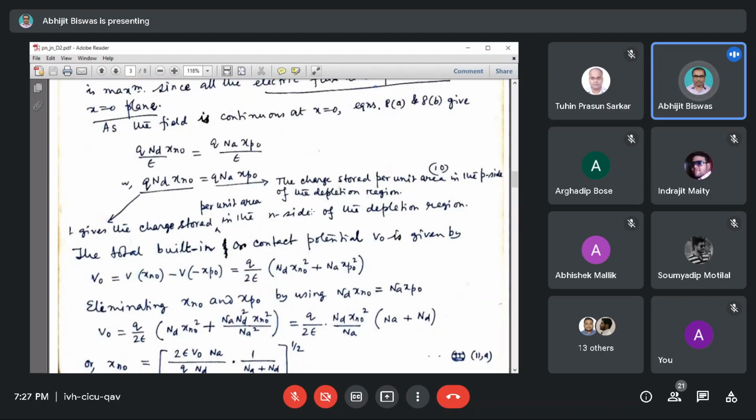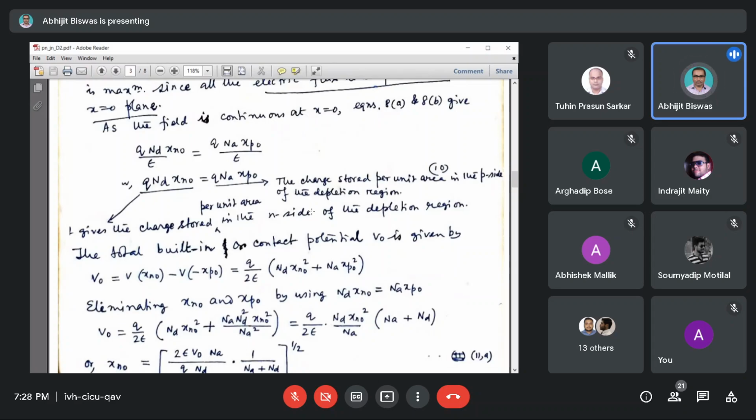So if we consider a P plus N junction, P plus means the junction which is doped heavily. Heavily means say 10 to the power 19 per cc. That means if the doping concentration is comparable to the density of states function, that is called the heavily doped region. For p-type we have to compare with reference to NV, and for n-type doping we have to consider with reference to NC. So if the doping concentration is comparable to NC in case of n-type semiconductor, and NV for p-type semiconductor, we can call it a heavily doped semiconductor.